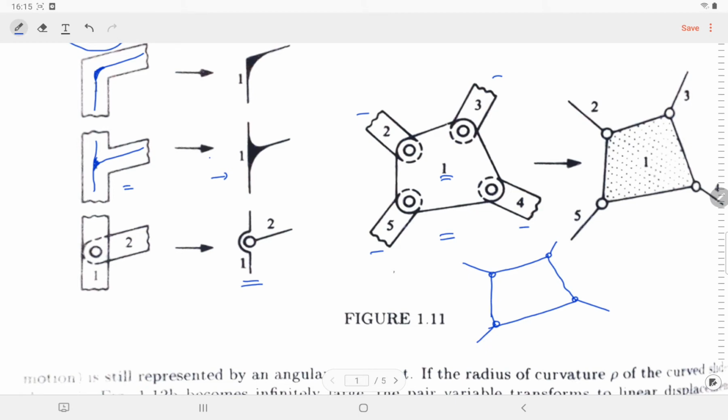So in order to avoid such a mistake, we put a dot like this, or for us it will be easy to put hash marks. Now it will be clear that it is not 4 binary links, but 1 quaternary link.